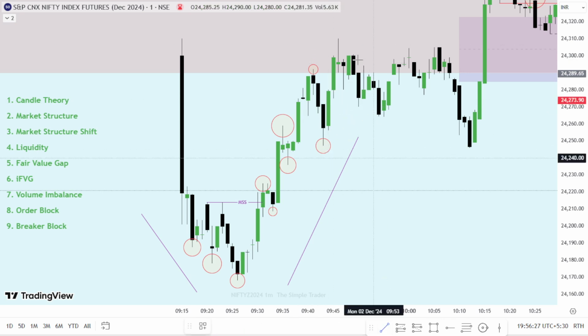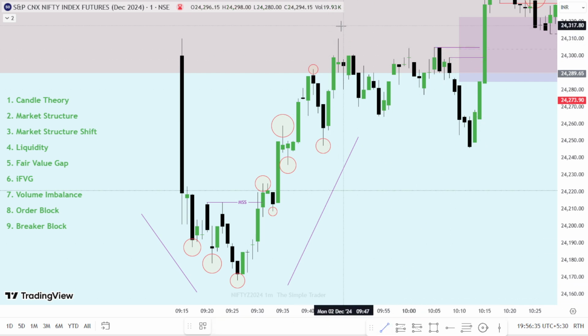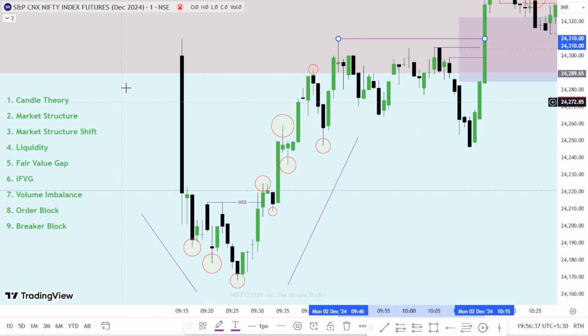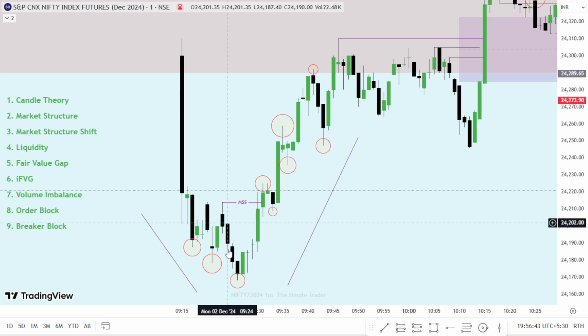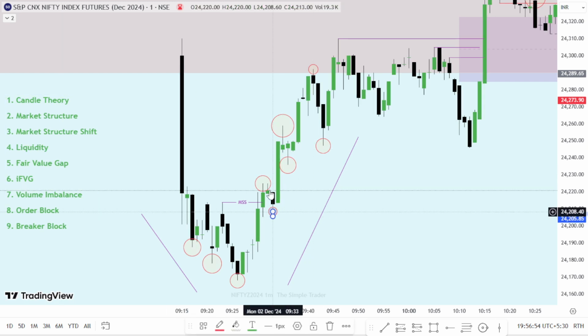So while coming down, these highs were points of liquidity. So price went up to hunt them. Simple fact, while shorting, we will place our stop loss above these swing highs. So the market turns and hunts our stop losses. So that's liquidity. Now coming to the fair value gap, this is one of the most important concepts of ICT,